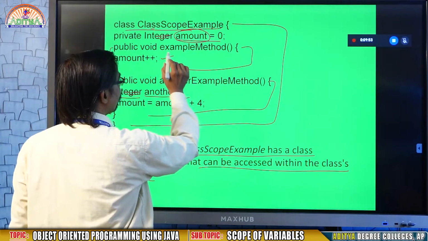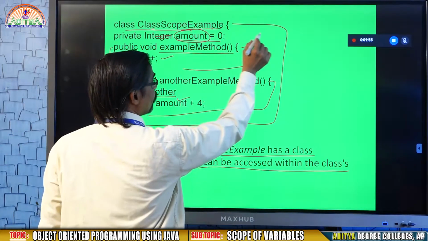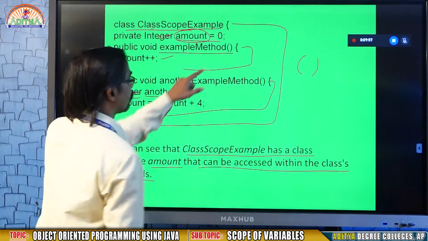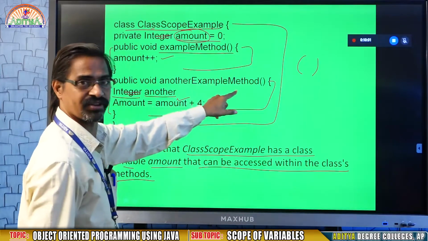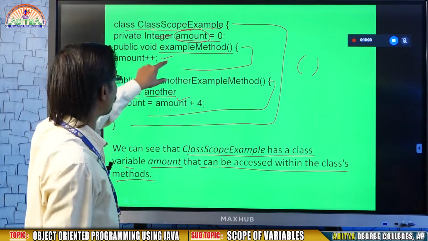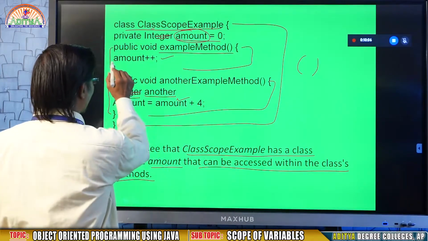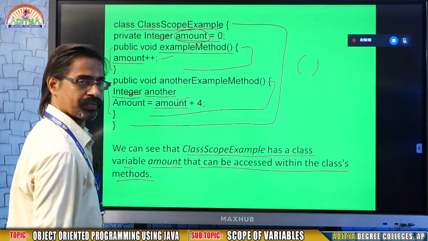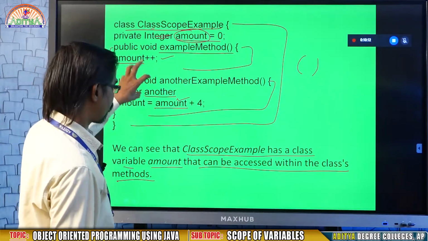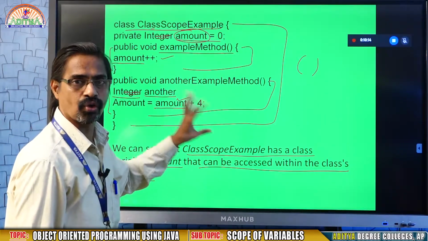The first one is the example method. Remember, a method is indicated with brackets. That's why it is called a method. Here also there are brackets. They are called methods. So now amount is accessible within the example method. That's why I am writing it here, and the same amount I am using here also. This is what we call class scope.